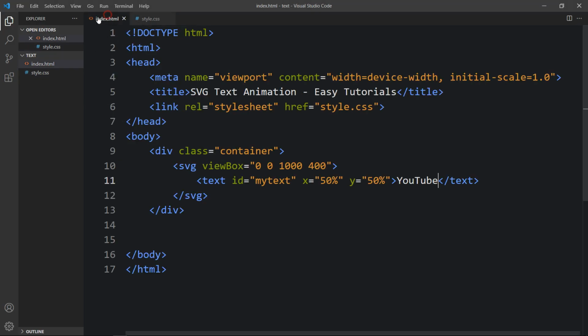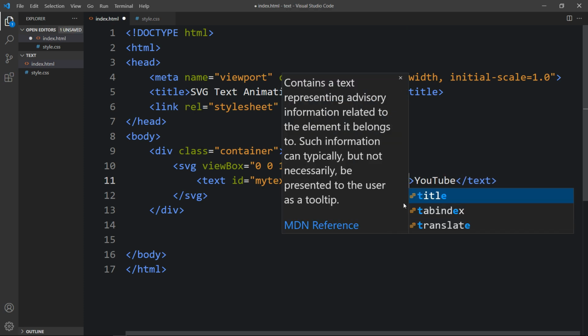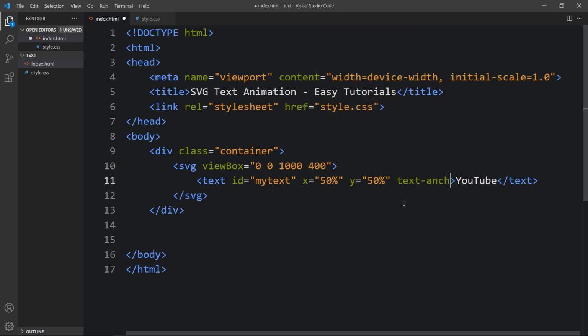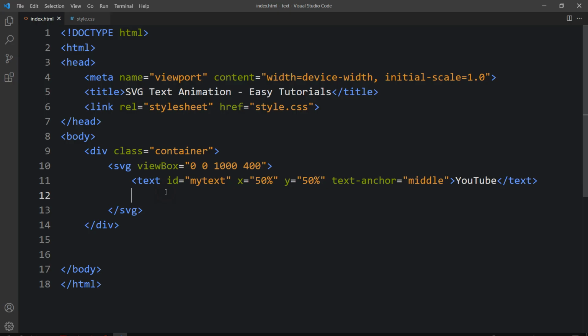Next we have to move this text in the center. So let's come back and here let's add text anchor equal to middle. Now you can see this text in the center.